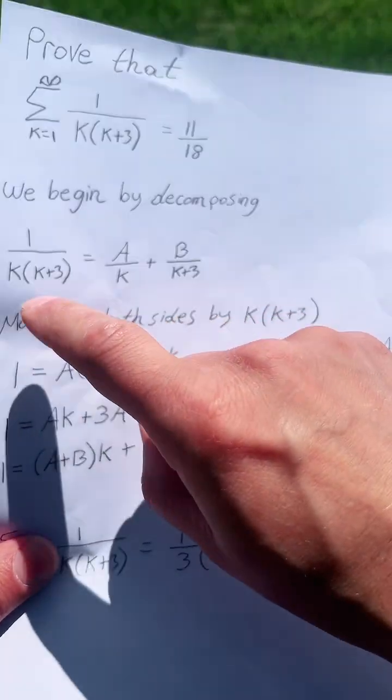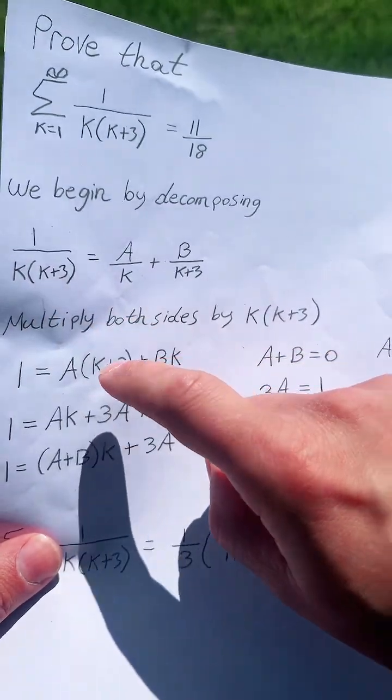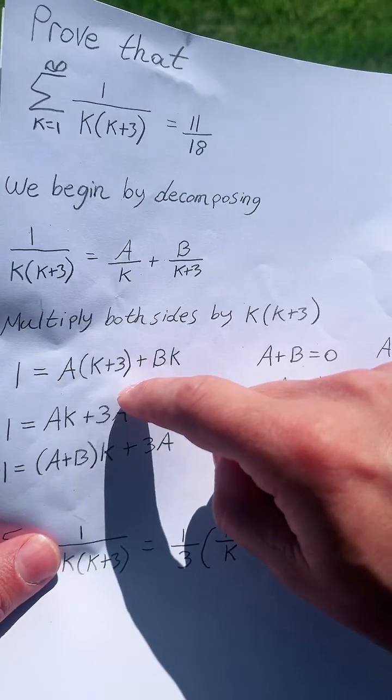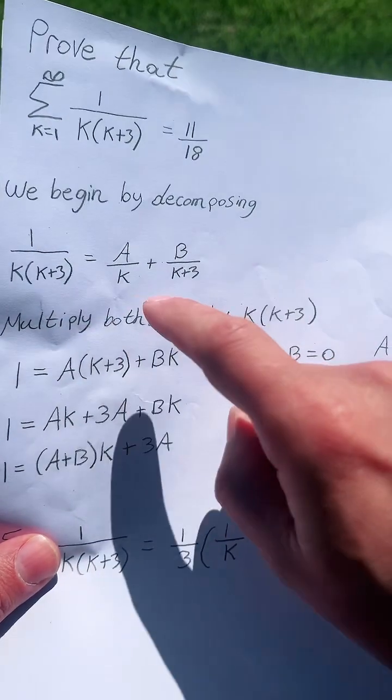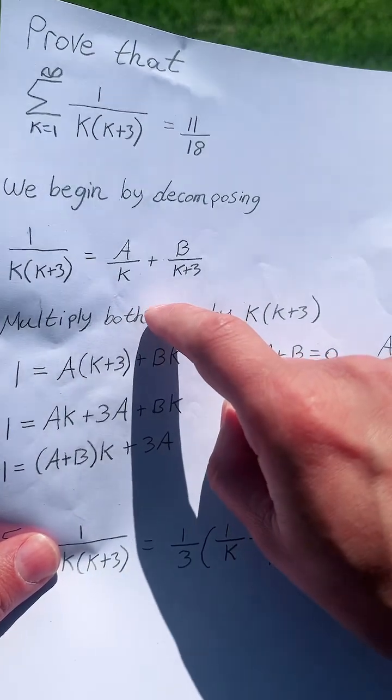But if we have 1 over k times k plus 3 is equal to this over k times k plus 3, well, then we have 1 over something equals something else over that same something. Well, therefore, since the